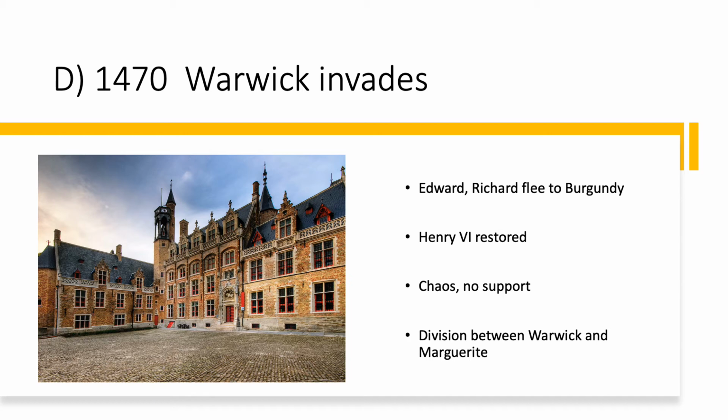There's still a lot of animosity between Warwick, his supporters, and the supporters of Marguerite. Marguerite and Warwick, once they are victorious, are also at odds over who's really going to call the shots. And there's absolute chaos across the countryside. They're not able to maintain law and order. So the popular opinion very much swings against these new developments.